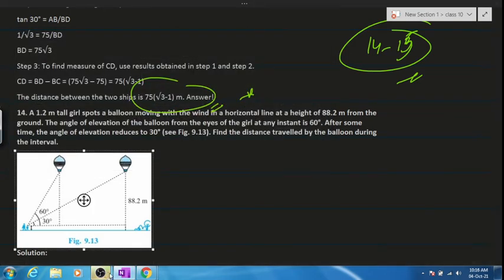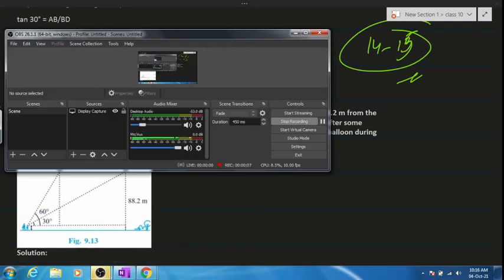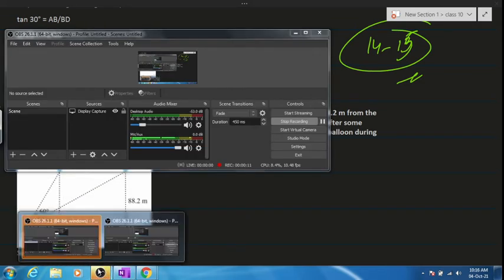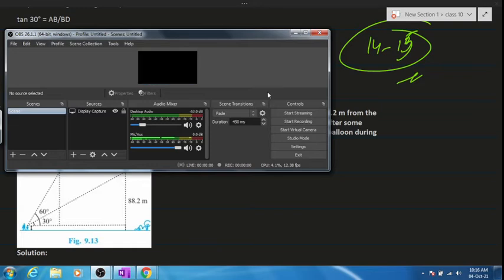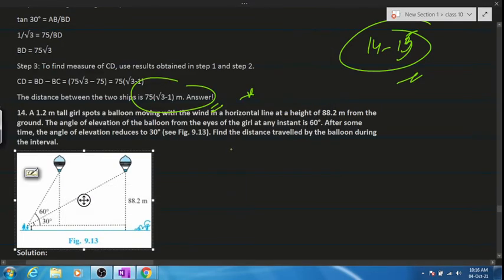Today we're going to start off with question number 14 of our NCERT. First of all, I'll have to take this thing off the screen. Now we are good to go. Question number 14 was given as homework, right? So people who haven't done it, kindly look at it very carefully.